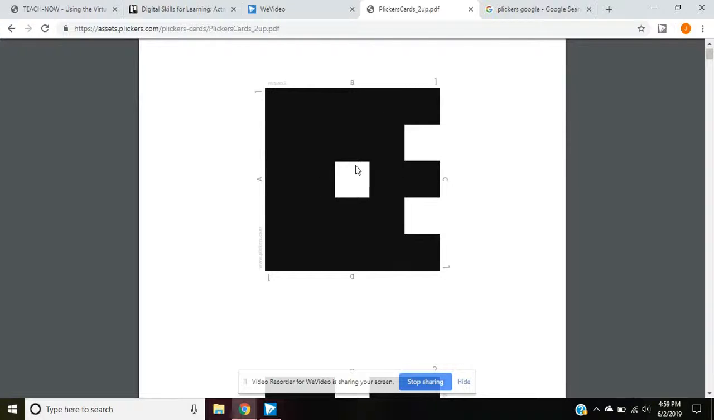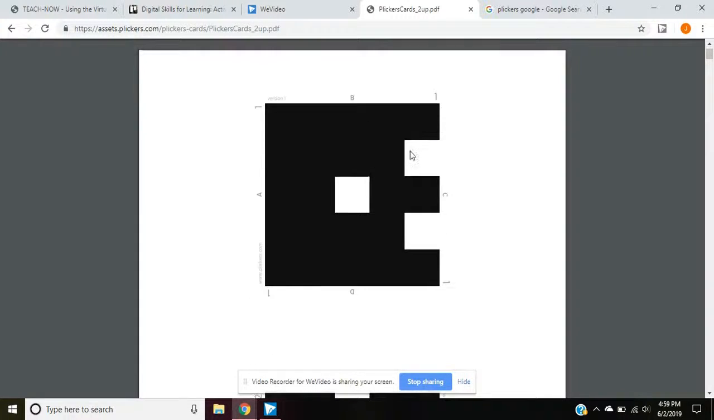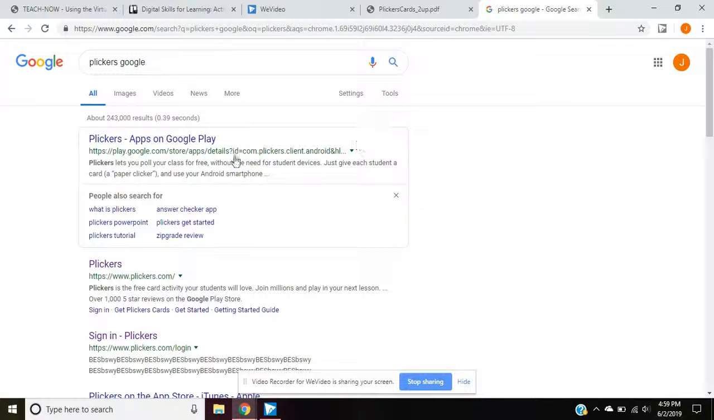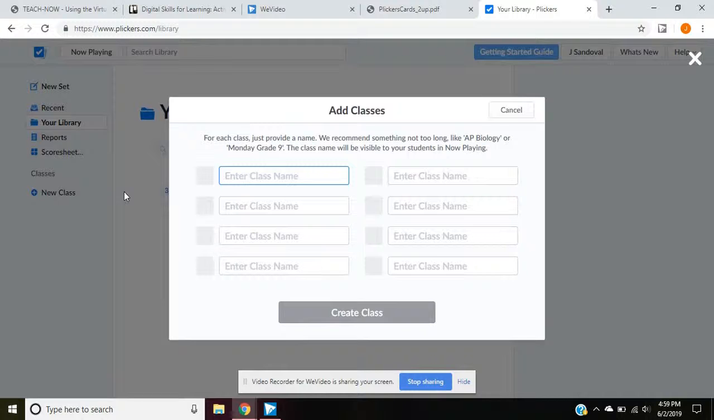So these you can get online. I have these cut in half and laminated, so I can reuse them without any issue. So after you get those cards, you have to set up a Plickers account and just go onto Google. Mine's already set up, so it goes straight to my library. So from here, once you sign up, you would add a new class